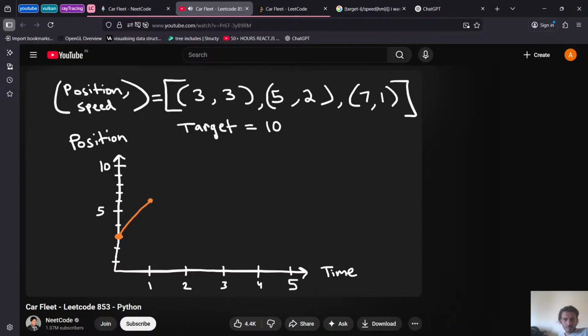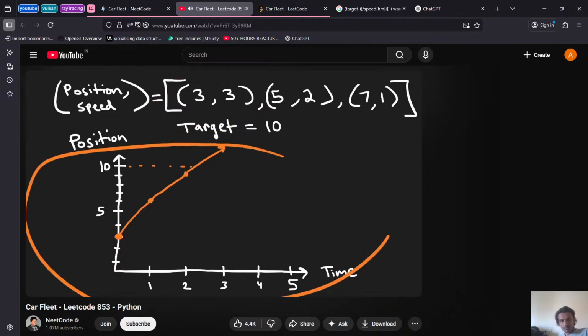So in 1 second, it'll be at position 6. In 2 seconds, it'll be at position 9. Excuse my kind of bad drawing here. And then at time 3, it'll be at position 12. So basically it reaches the destination 10, remember, 10 is our destination, at, let's say, 2 point something seconds, right? And we could calculate that if we really want to pretty easily. It's just a linear equation, but I'm just drawing it out